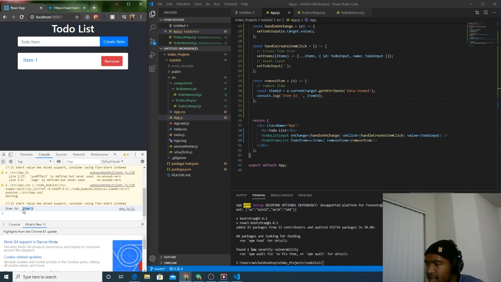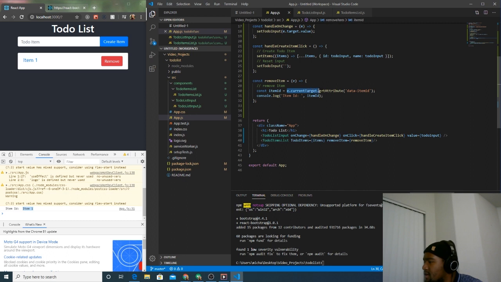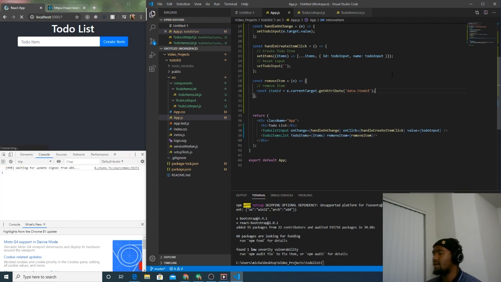Awesome. Okay, so you see that we're getting the item ID from this event.currentTarget.getAttribute data-item-ID. So we know that that's working fine. So now we can go ahead and use that to actually remove the item from our state. So we can get rid of this. And let's say,